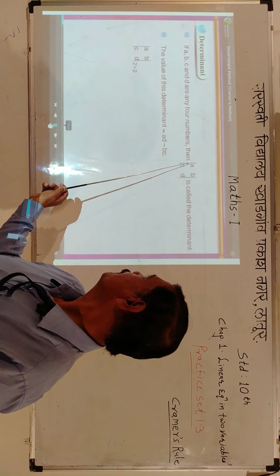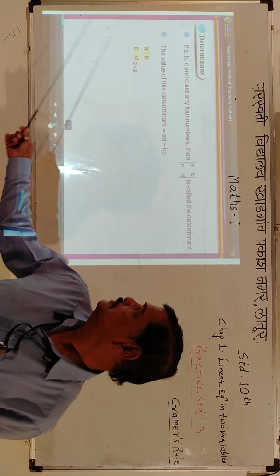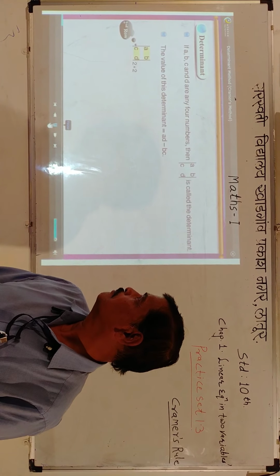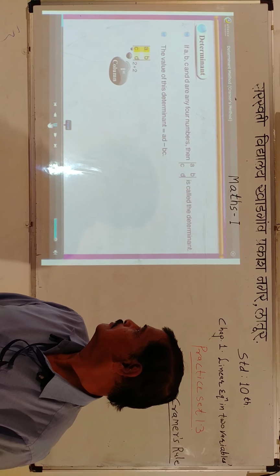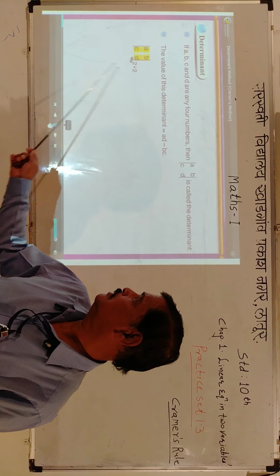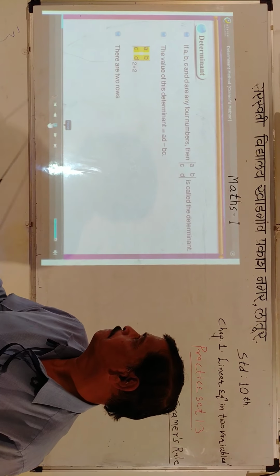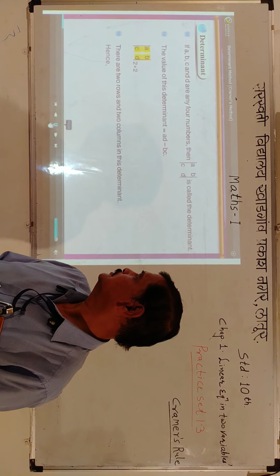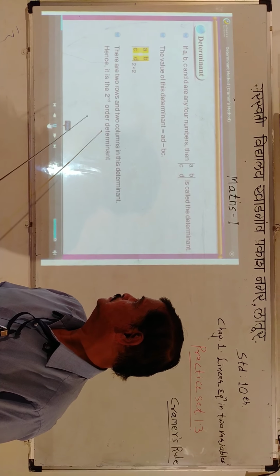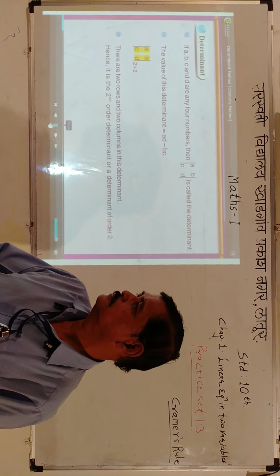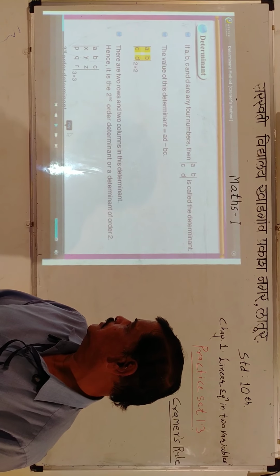In this determinant, the numbers A and B are in the first row and C and D are in the second row. If we see column wise, A and C are in the first column and B and D are in the second column. So, there are two rows and two columns. Hence, this determinant is known as the second order determinant or a determinant of order 2. Although there exist determinants of higher order,